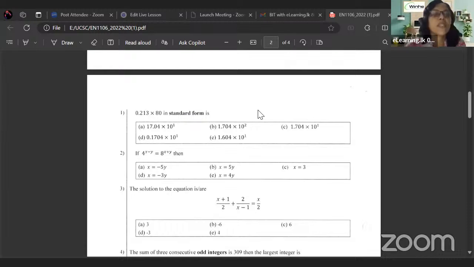So, what is meant by standard form? If you are writing any given number in standard form, you should write the number as it is in the range of